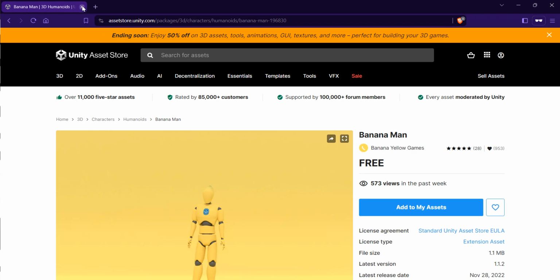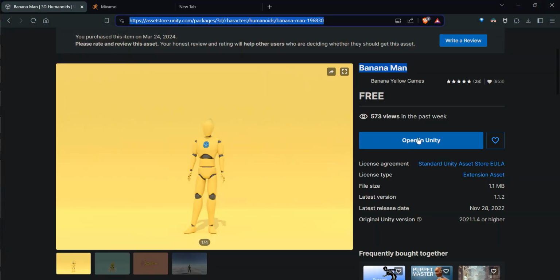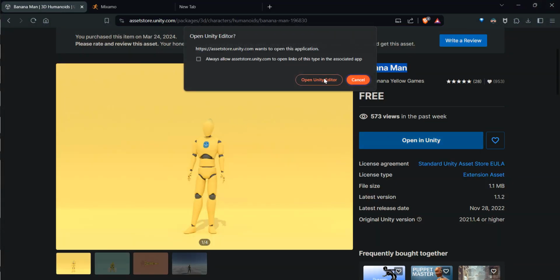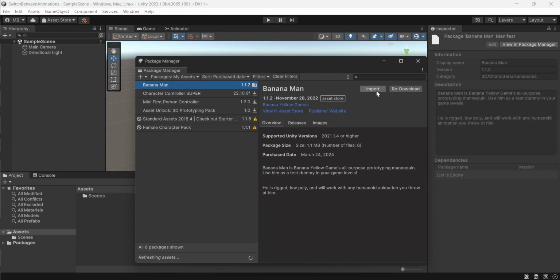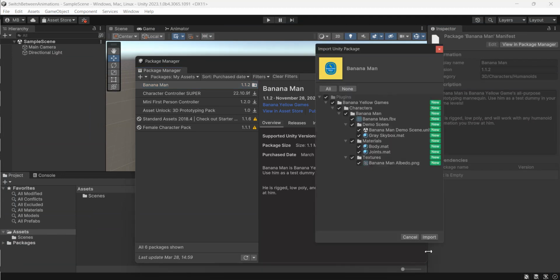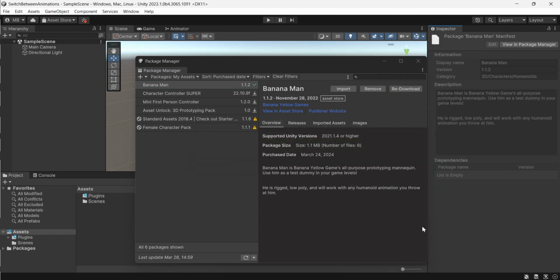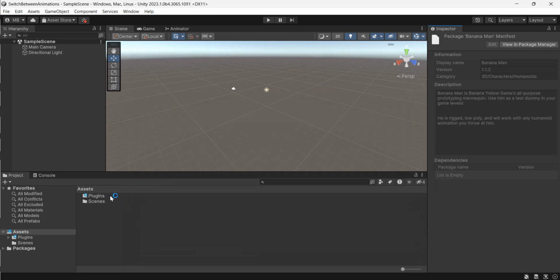I'm going to click Open in Unity. It's going to do the Package Manager thing. I'm not going to download it, but you will download it. But I'm going to import it. Okay, so in my assets folder,